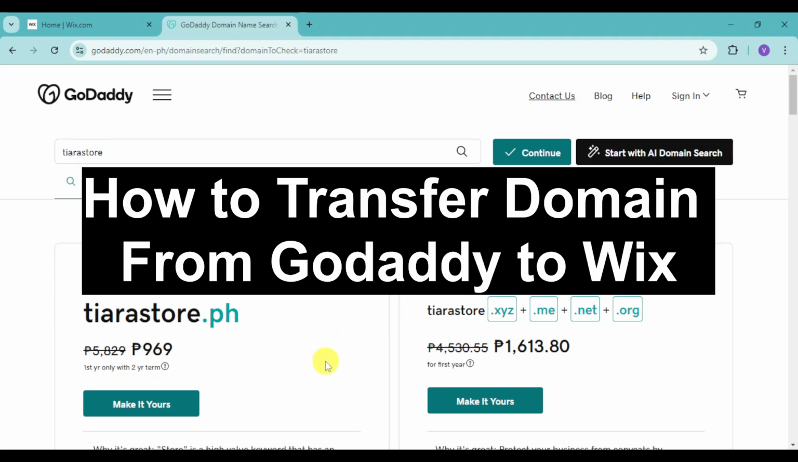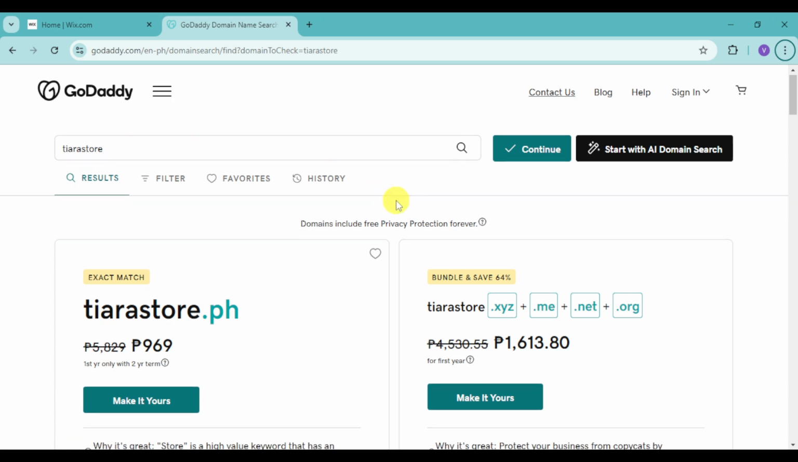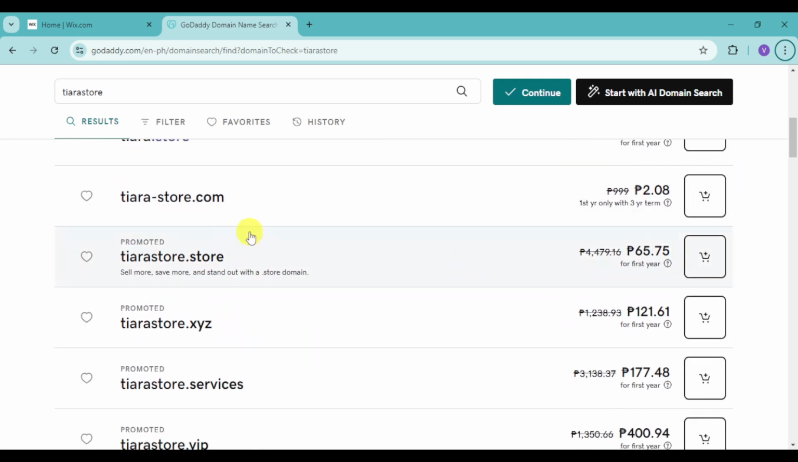In this video, I will show you how to transfer a domain from GoDaddy to Wix. So first things first, you can actually purchase a domain from GoDaddy. So for example, just using here a domain that you want, like for example this one, click on this add